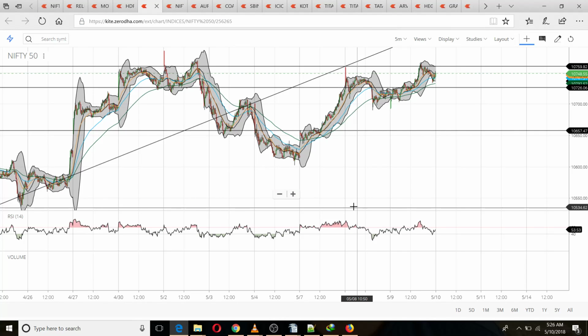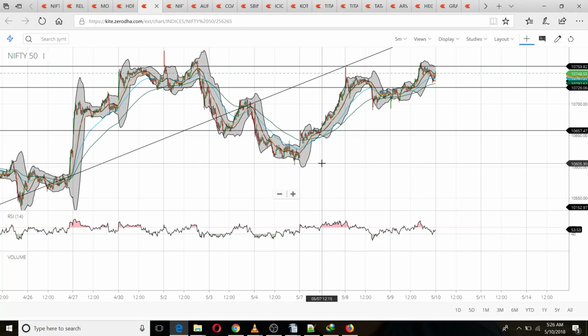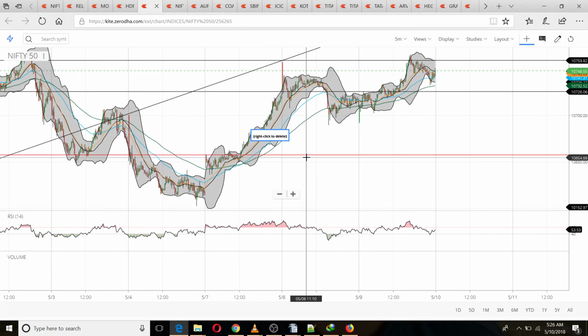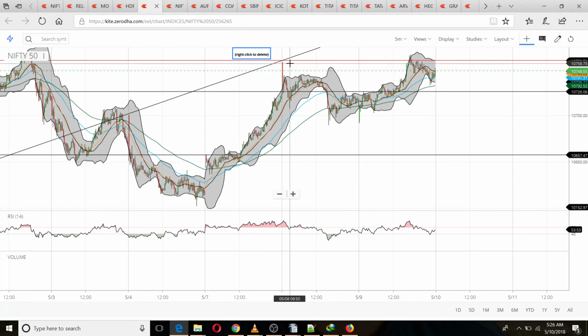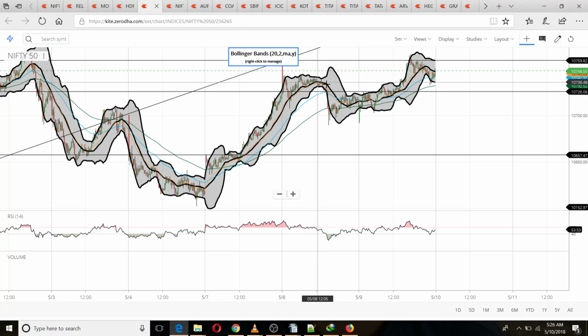Now Nifty 50. In my previous Nifty 50 analysis video, I had been telling that I was looking for a shorting opportunity. In fact, day before yesterday, I had told that I had carried my short position. So I shorted at market open, then I booked profit somewhere here. Again it went up, and this is where I shorted it. And that short position, one lot, I had carried till yesterday.